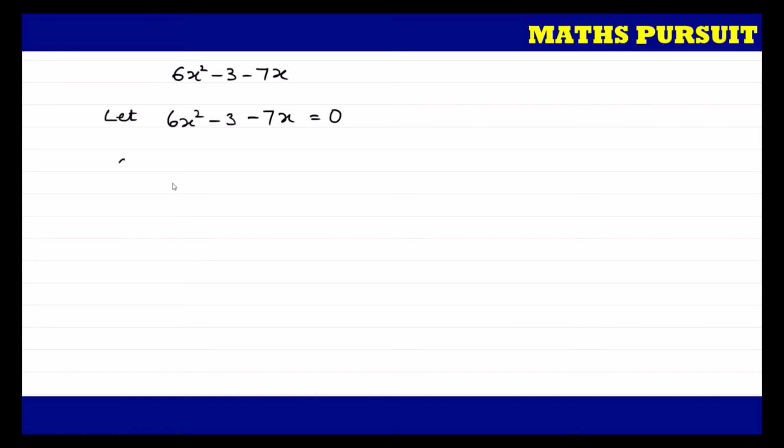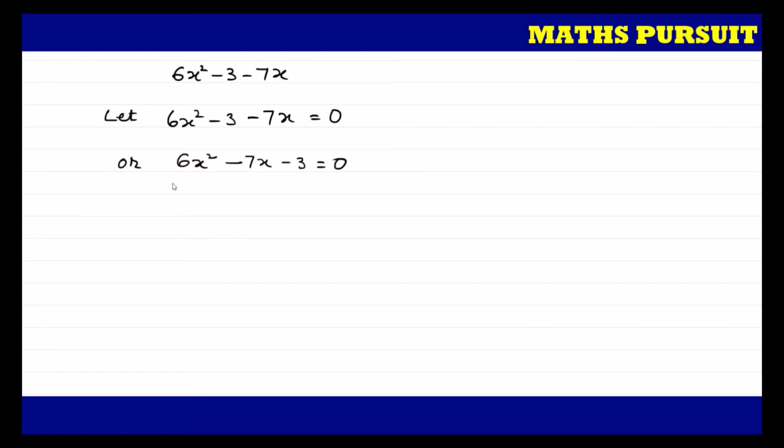Now in the second step, I am going to rearrange this equation as per the factors of x. If I rearrange this equation, depending upon the power, I will get 6x to the power 2 minus 7x minus 3 is equal to 0. You could see here the x power is 2, here the x power is 1, and then the constant term. So according to the power of the equation, I am rearranging it.